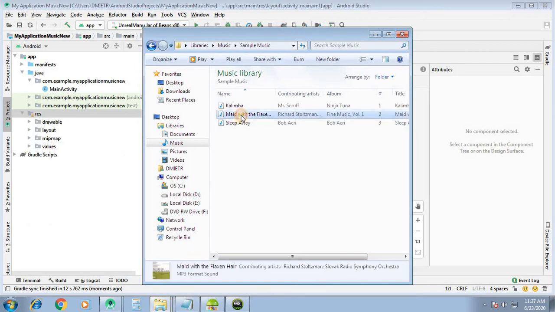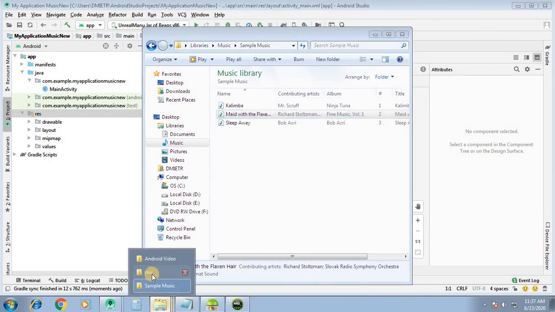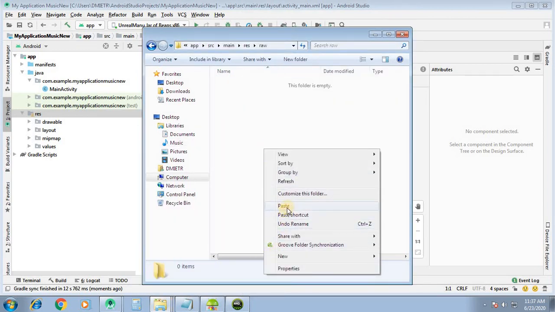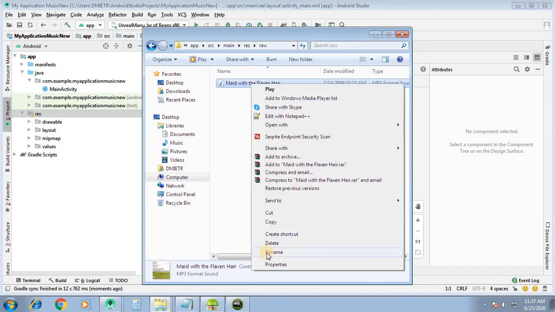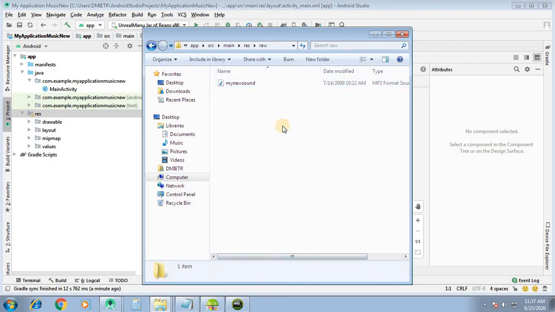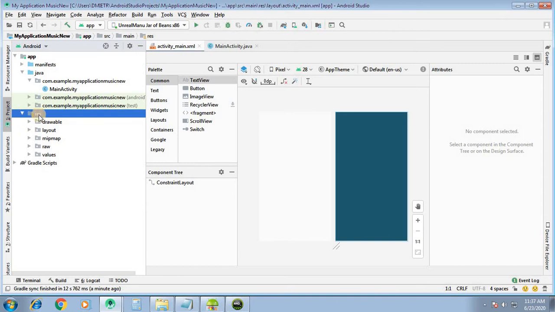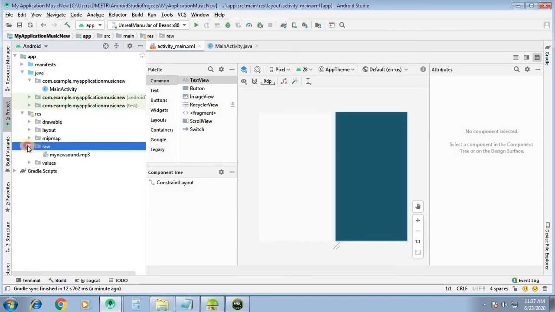I'm going to copy and paste it here, my new sound. We are going to use this with the media player object. Now this is fine. In res raw there is a file, my new sound dot mp3. This is what we are going to use.